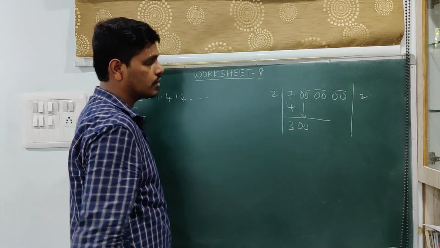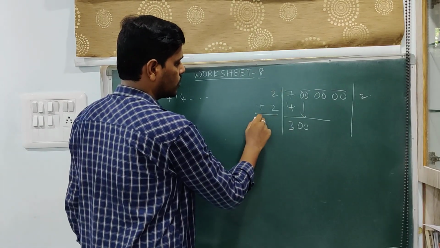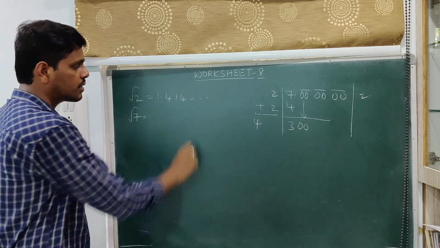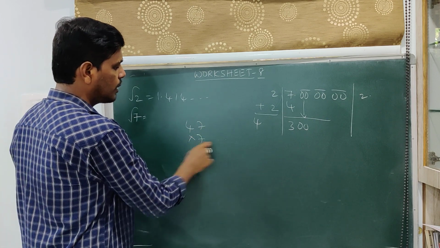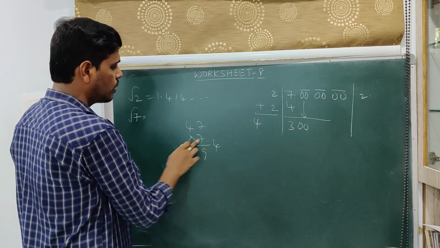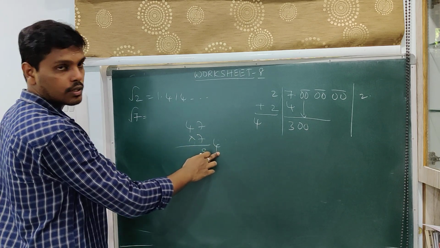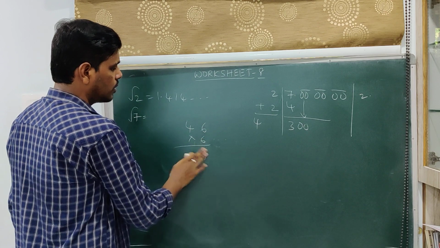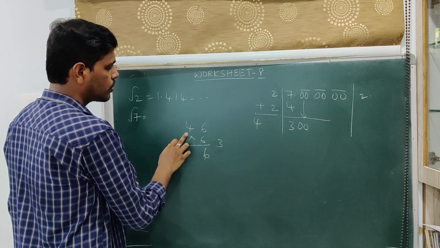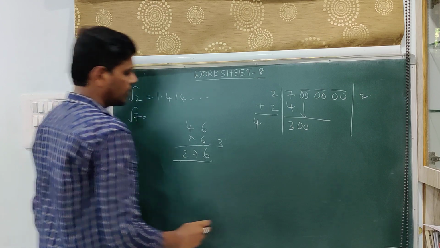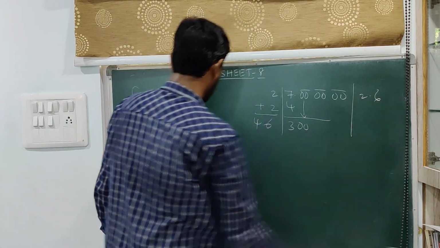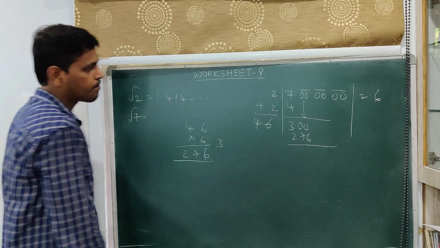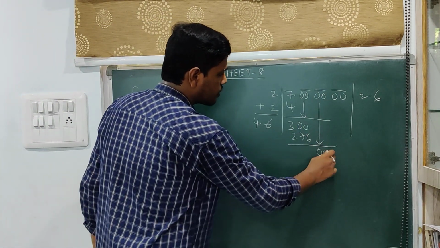Since we have carried a pair of zeros, next 2 plus 2. So this 2 plus 2 is 4. Whatever the number you write here, you will multiply with the same number. Suppose 4 you are writing 7, you will multiply with 7. 7 7s are 49, 7 4s are 28, 28 plus 4 is 32. It is going more than 300, so I will go with 6. 6 6s are 36, 6 4s are 24, 24 plus 3 is 27. So this is 6 times 6. So this is 276. So carry this pair of zeros.